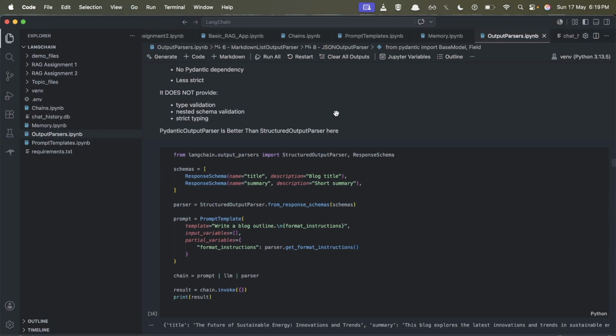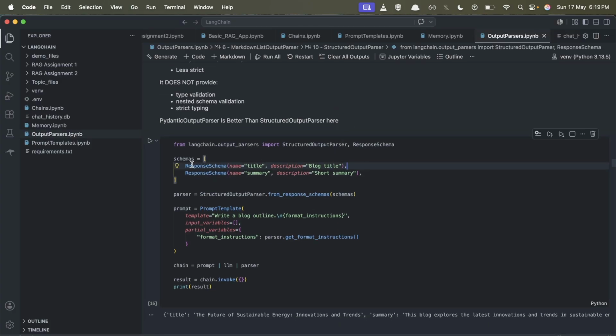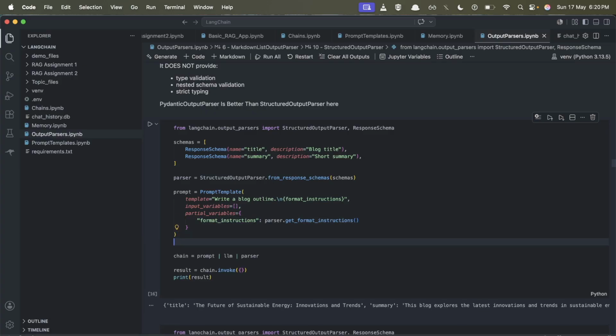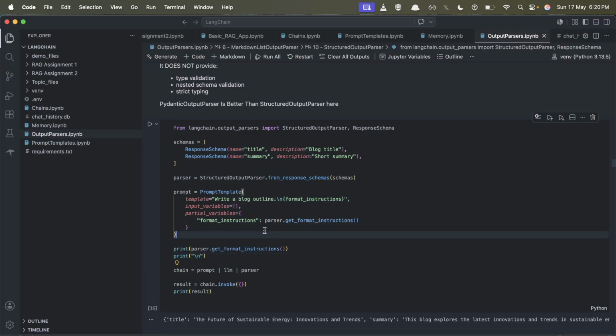Pydantic output parser. Here you define a schema like this using a response schema from this LangChain output parser class, where you define the name of your field and the description, and there could be other options as well. Once you define your schema like this, you initialize structured output parser and pass it as input to it from response schema. What it does is it creates a schema using this input and adds particular instructions to your prompt in the same way as we have seen above in format instructions. So if I print those two lines here as well and run it again,